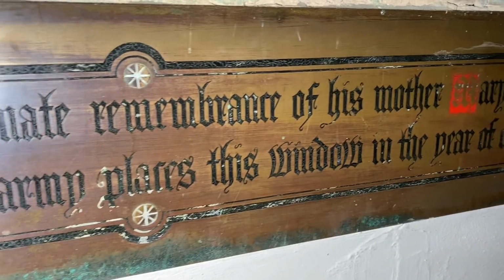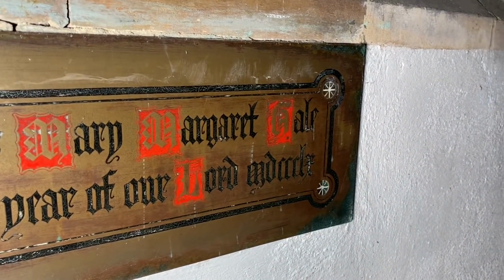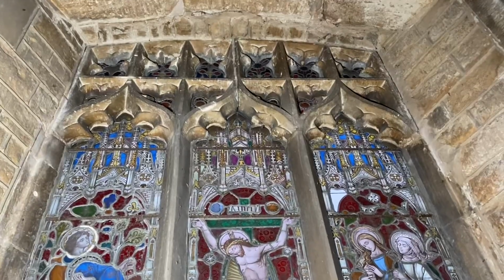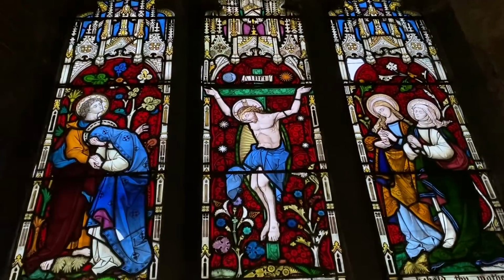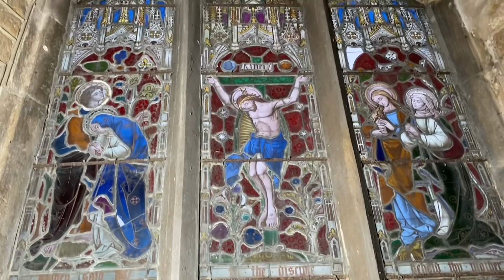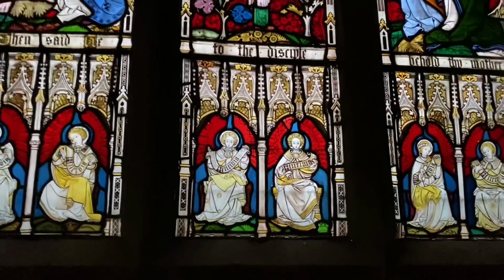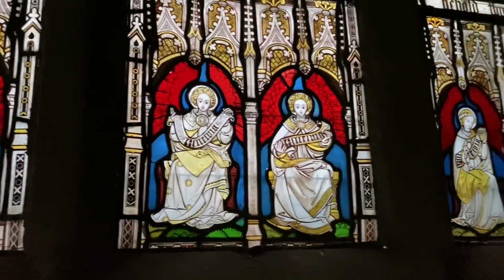Places. This window. The rear of one. Of our Lord. It's just too hard to read, isn't it? Now, we've just been saying this one looks probably older than the rest. You know what? It makes such a difference. When I shine the torch on it, it just doesn't look that good. But as soon as I remove the torch and the light shines through, it's so lovely. I don't know what these are around the bottom here. They've all got something written on their little...